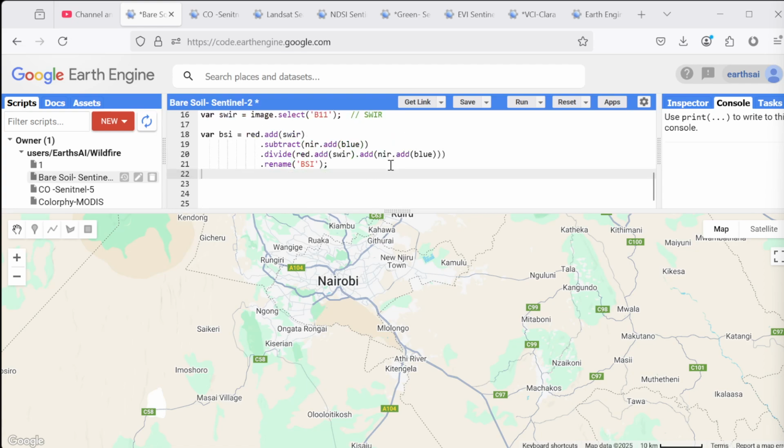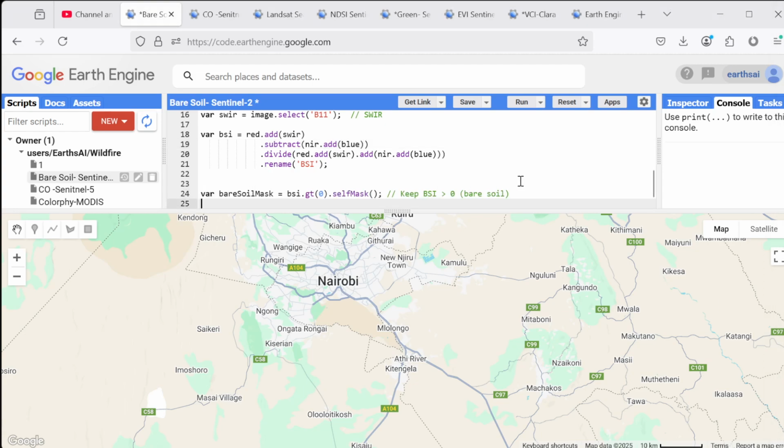And after this, I write the code to calculate the BSI: add SWIR, subtract near and add blue, and divide with add SWIR, add near and add blue, and I will name this BSI. And after this we can mask the